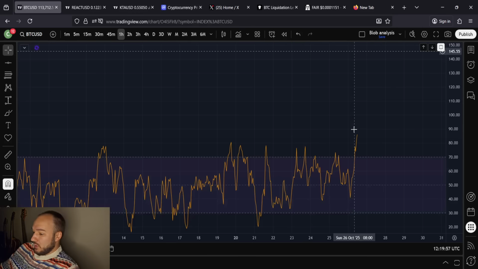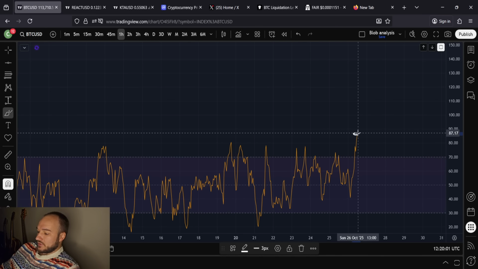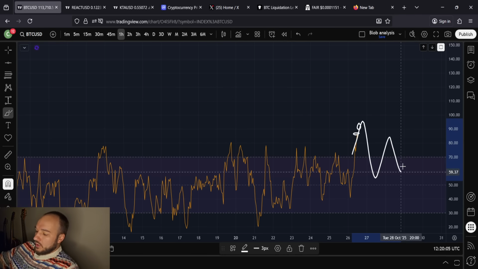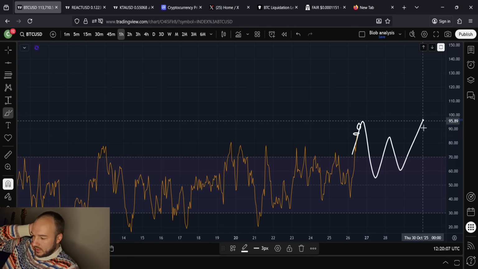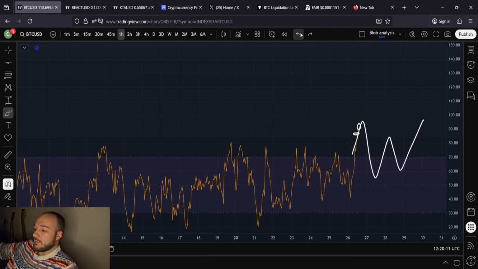Very good. The main point being that whenever you get this deep in the overbought zone, a lot of people think, oh God, this is time to sell. We're getting really high up here. Typically when you get high up here though, there's more to come. And it's in this more to come that you form your bearish divergence and then you top off. So we've got more to come.